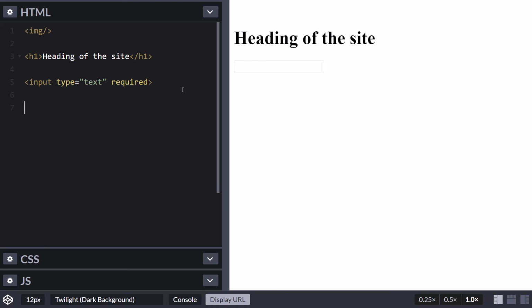Now, not all elements support all attributes. For example, if I put required in the h1, it's not going to do anything, and I think it's going to be a validation error as well, but I'm not sure. Now, when it comes to AMP, there are attributes that AMP has that you can only use on an AMP element, or you can use them in a normal HTML element as long as that normal HTML element is a child of a parent AMP element, okay?